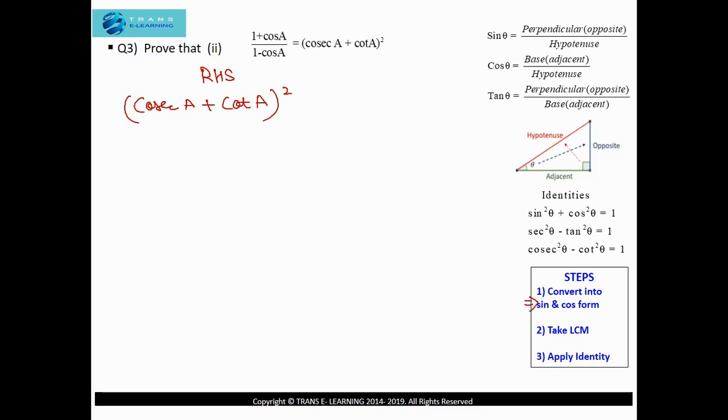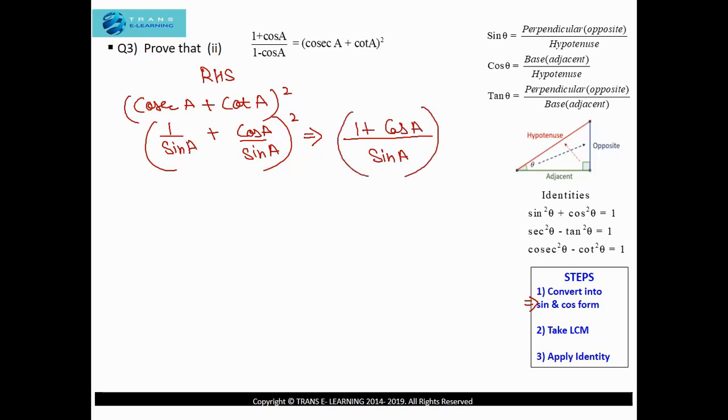So I can write this cosecant A as 1 upon sine A, and I can write cot A as cos A upon sine A. This is whole square. Now the second step is to take the LCM. Here we have a common LCM, that is sine A, and in the numerator we have (1 plus cos A) whole square. Now I'm going to rewrite this expression as (1 plus cos A) whole square and the denominator as